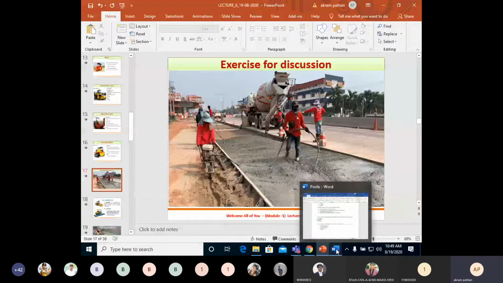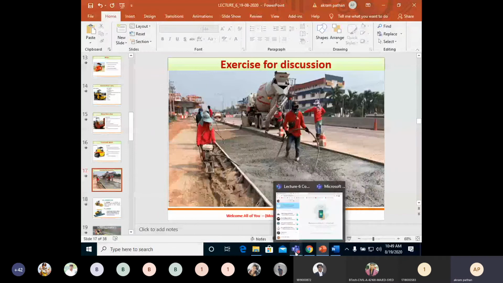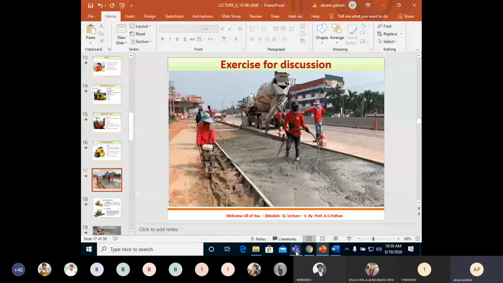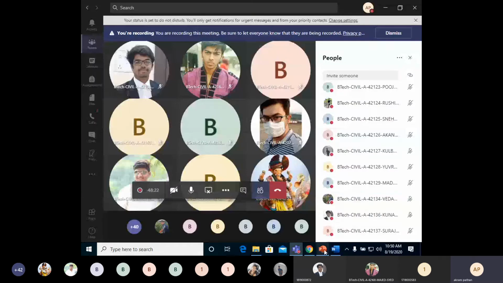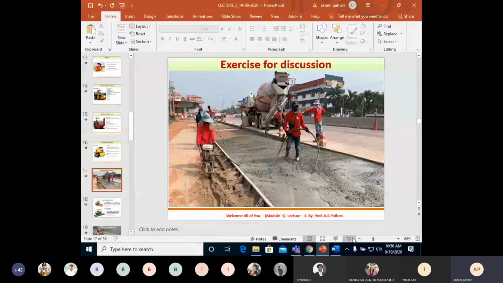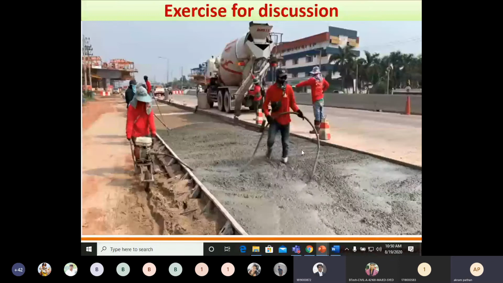I request any student to please be a part of this exercise. Anybody unmute and explain this exercise.